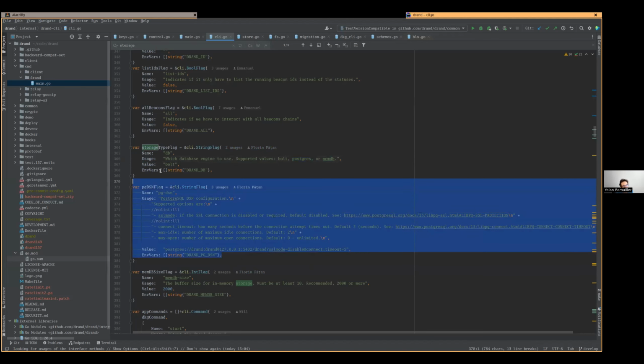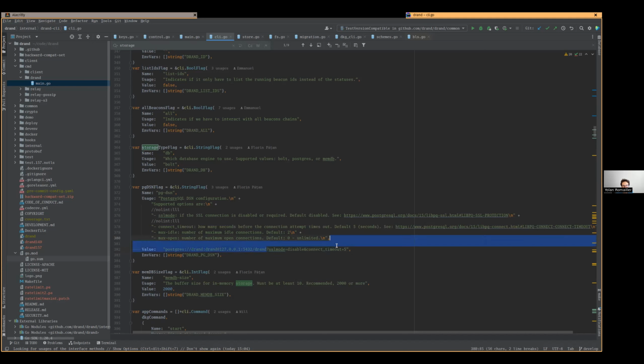And that's why you have another flag here, the PGDSN flag, to provide the PostgreSQL DSN configuration details. So typically that would look like this: postgres://, some address, some user, some database name and user and IP and port, and then some extra details, maybe if you have a specific connect timeout or whatsoever. So I'm not going to demo it, but that should allow you to run your own